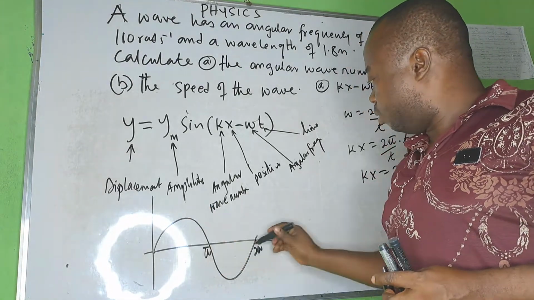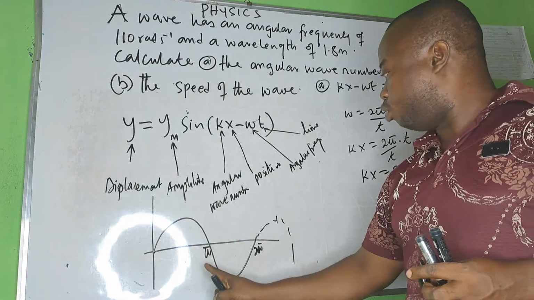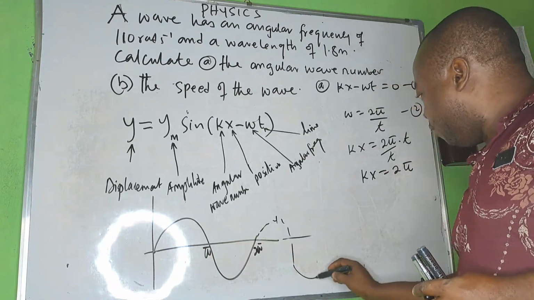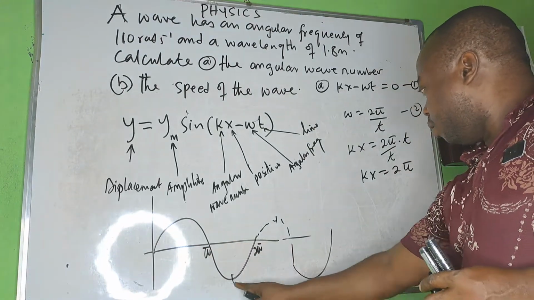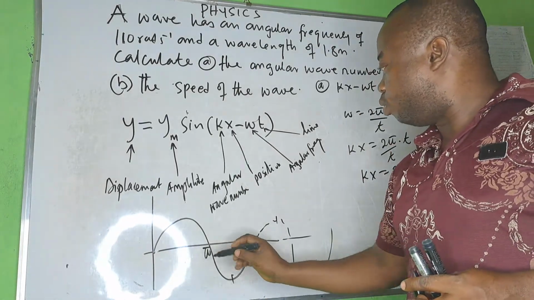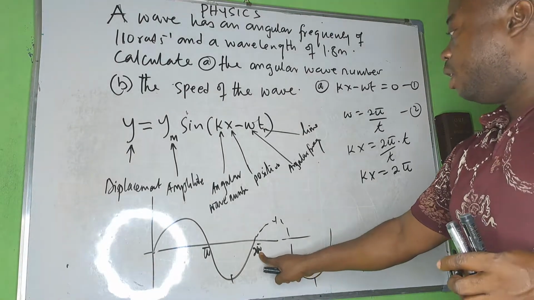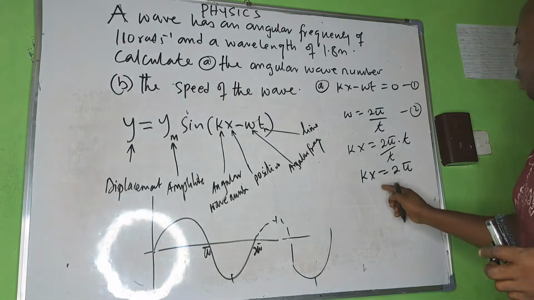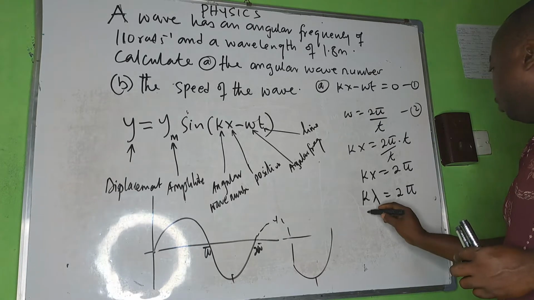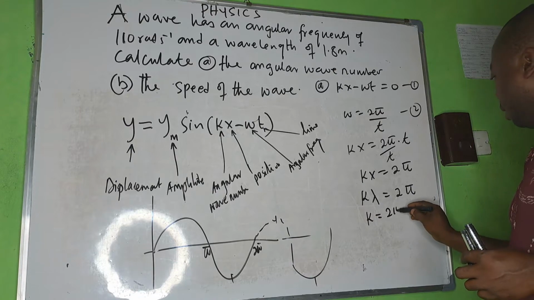We know crest to crest is one wavelength, or trough to trough. And so at an angular displacement of 2 pi, x changes to its wavelength. So that gives us the angular wave number to be 2 pi